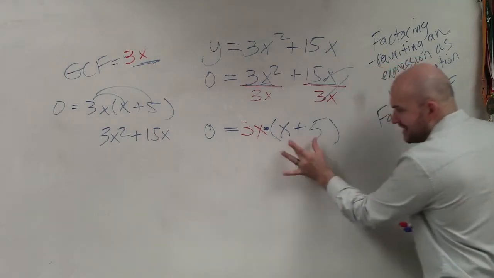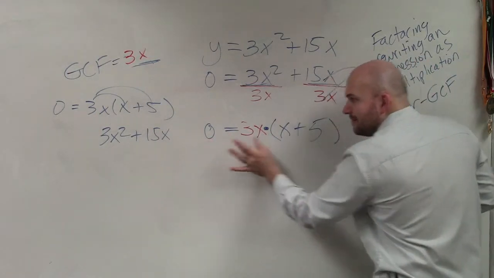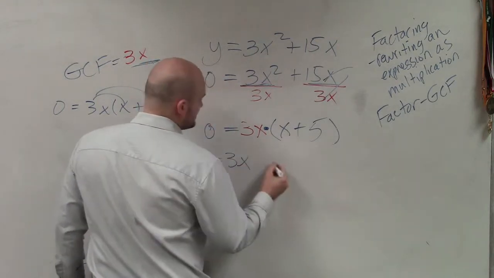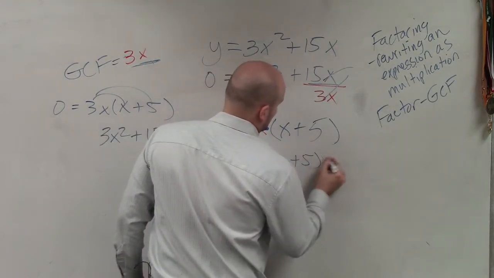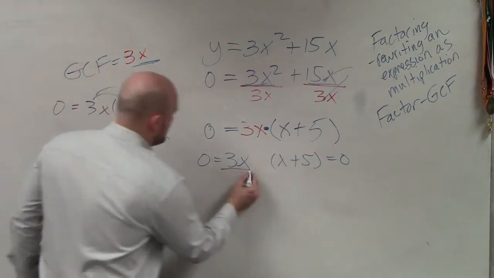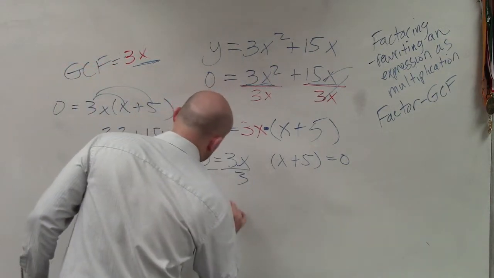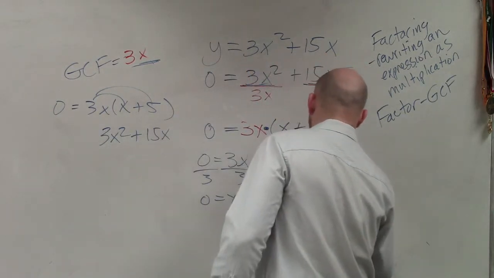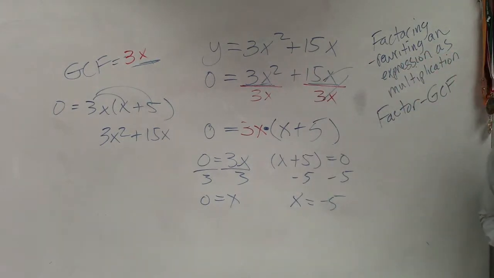So I have this times this equals 0. That means I can now set both of these equal to 0. And now I can solve. Now you guys can see I have two answers. And is it possible from looking at what I originally